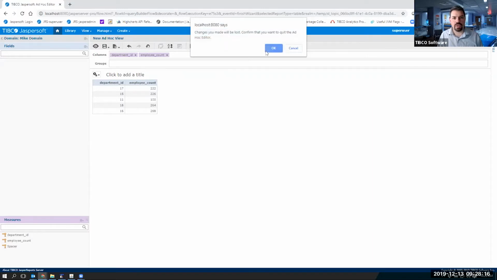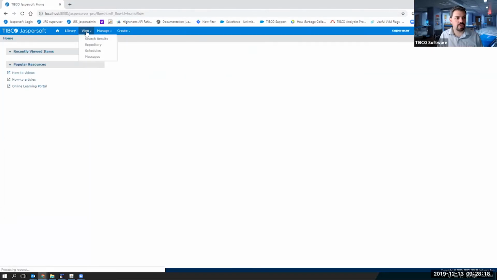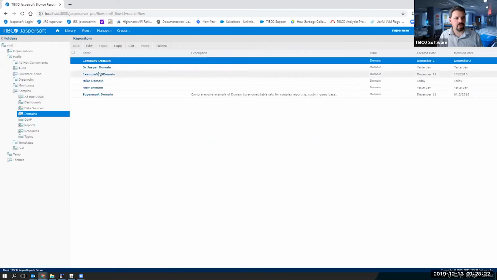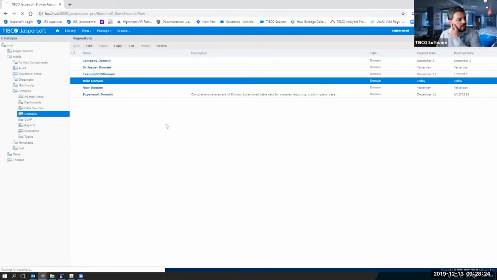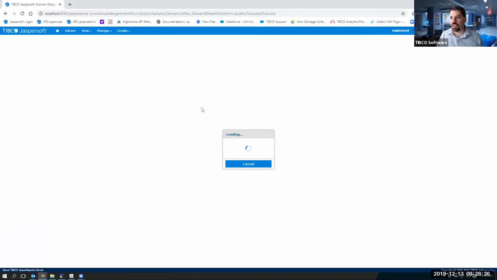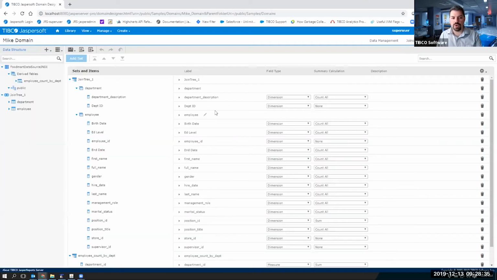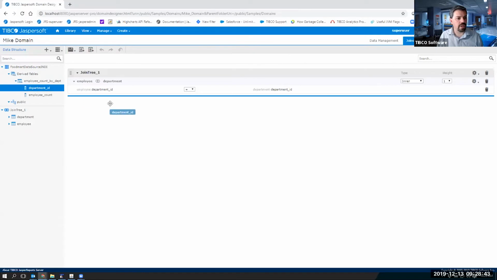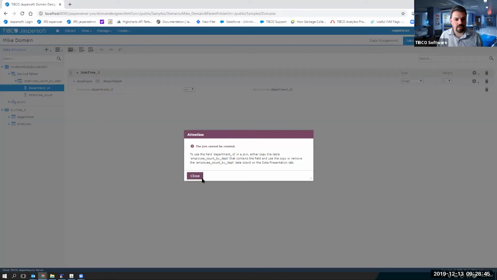And real quick, let's go back. And I'll show you the join, which I neglected to add the first time. The reason it sometimes takes a while to load is it's doing a little validation for you when it loads up, making sure things are still valid. So here, I'm going to go ahead and add a new join.